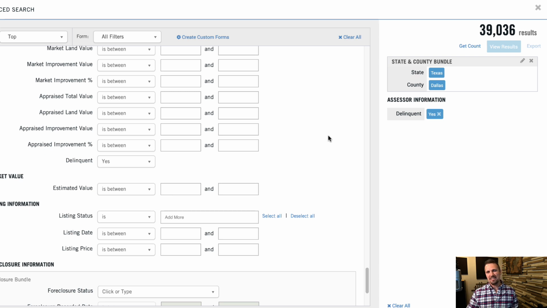And I think there is some potential value here still, because this is telling you that at some point in the past several months, possibly up to the past year, these properties had tax issues. So they might not as of today, but something was going on in the past year. Maybe that issue has been resolved, maybe not. So there could be some value in reaching out to these people.